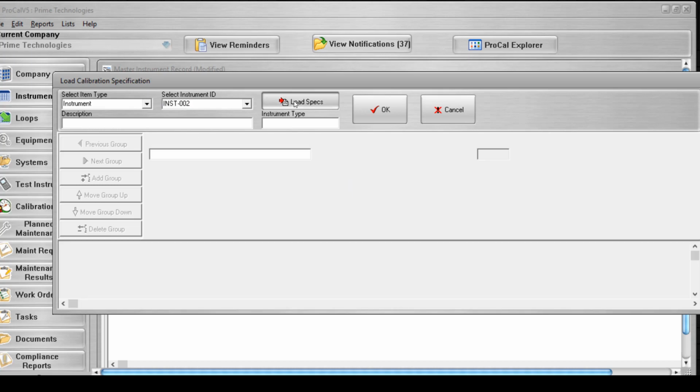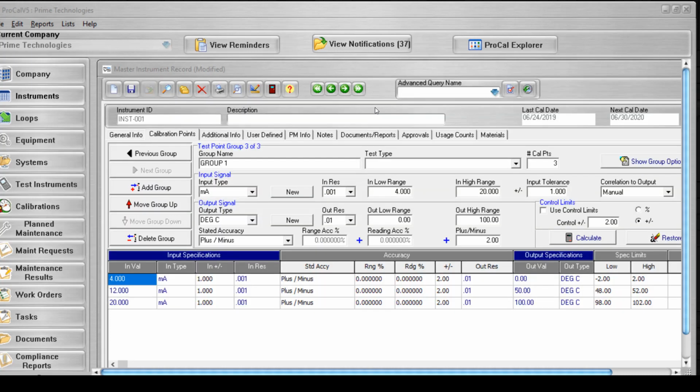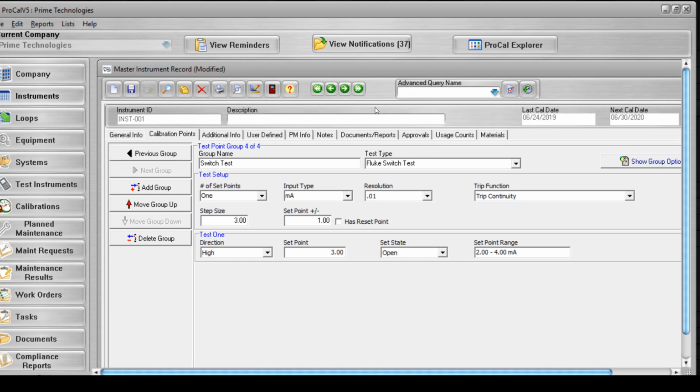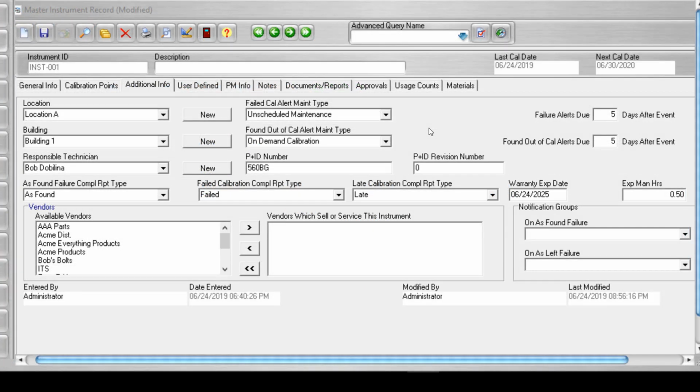Select the Load Specs button to bring in a read-only view of all test point groups available on this item. Select the OK button to add the specs to the record. This tab allows you to record additional information about the instrument, such as its location information,